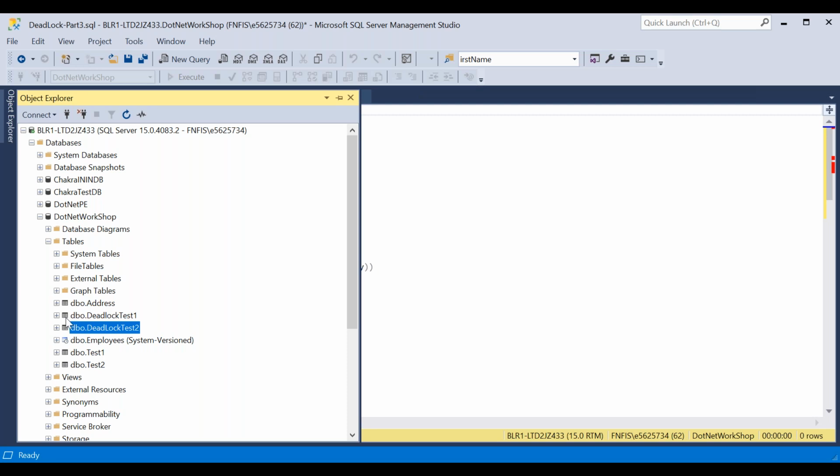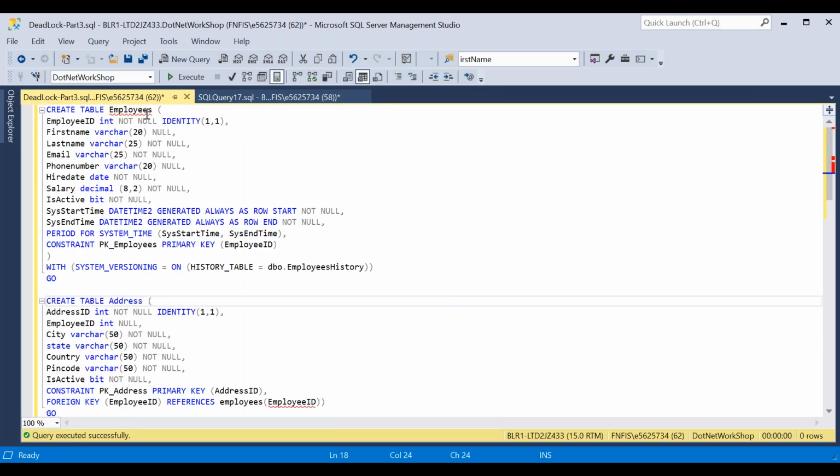The icon beside the table name is different, with the table rows it is having. But when you see this for the employee table, within the brackets we have system version, because I am creating the versioning on this table. So it has the table with the rows and columns and the time symbol also. That icon is something different, meaning I'm maintaining the system versioning on this table.